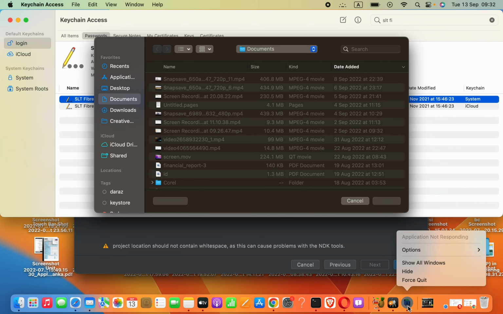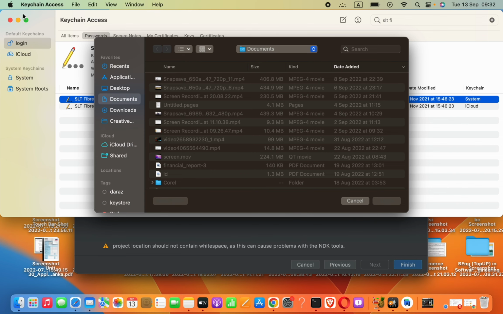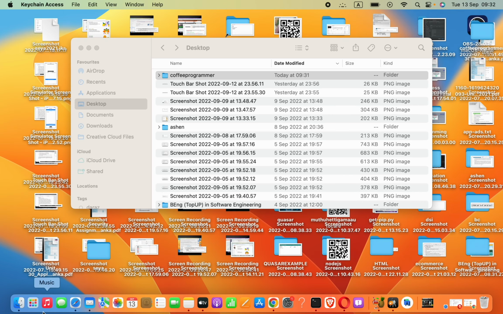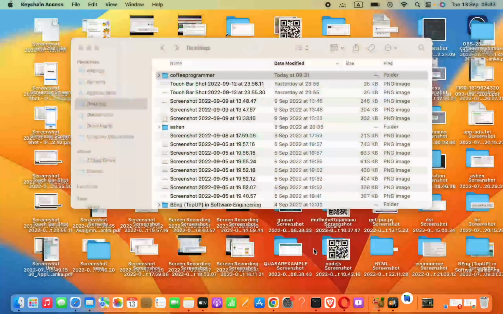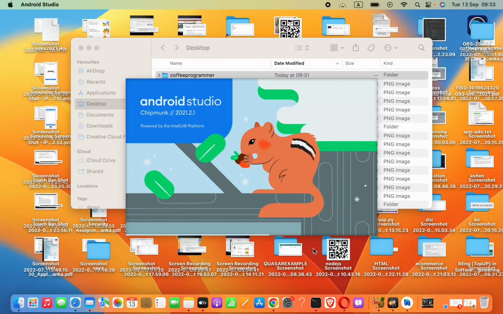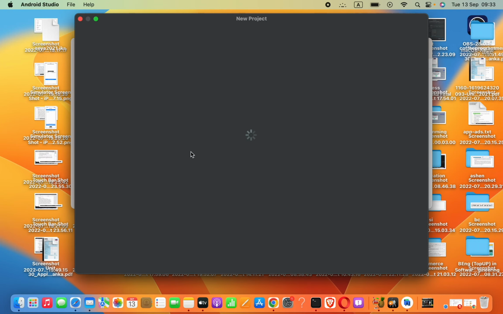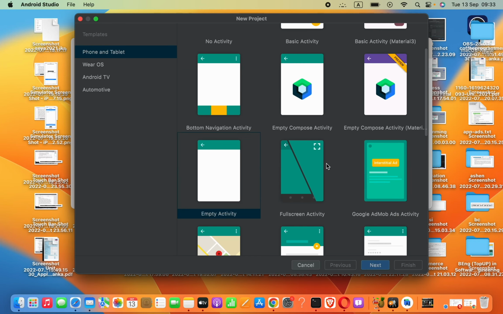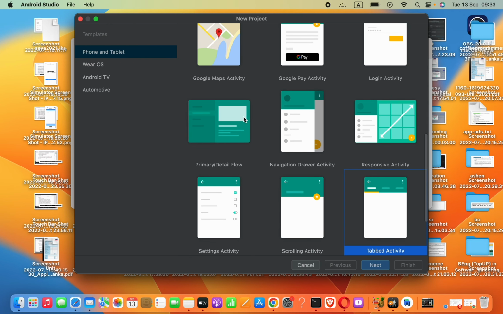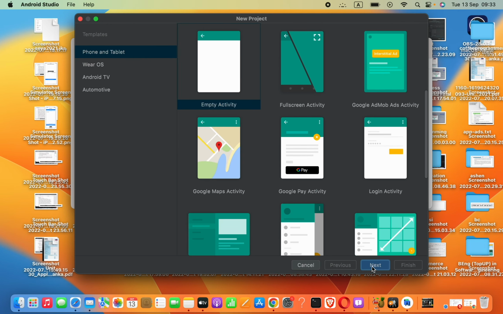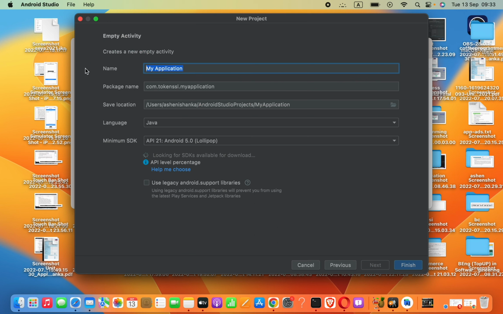Okay, I'm going to just close this. Sometimes the software is really buggy. Let's get started again, choosing the empty activity, then here we can say example,